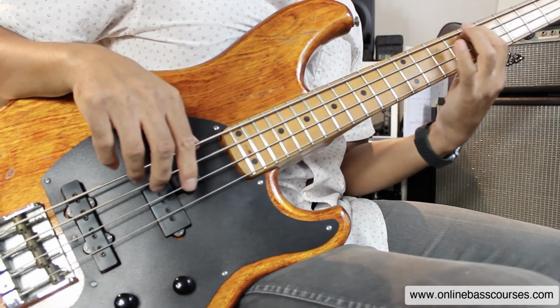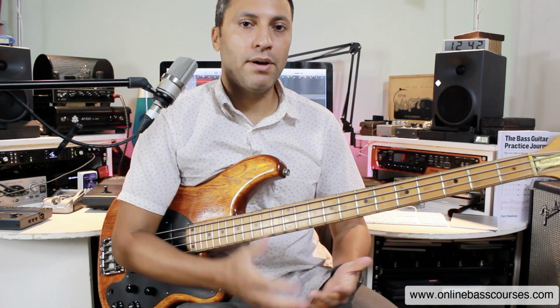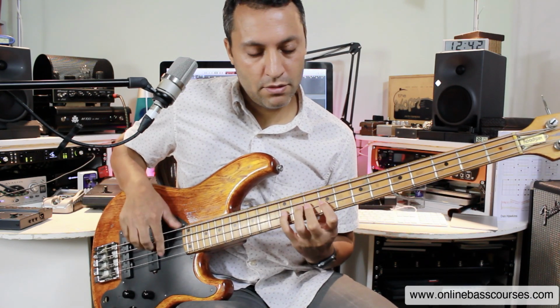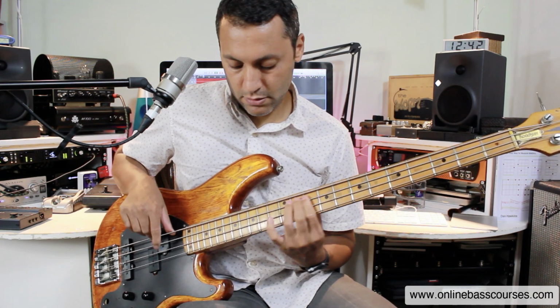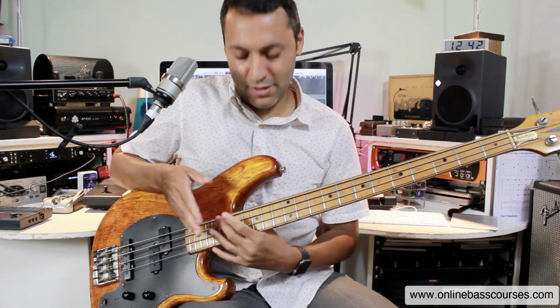So I just thought that you might be interested in that. Just coming up with a bass line by starting off with a key, in this case D Dorian / D minor pentatonic. Notice I didn't head anywhere up to this. That was just like